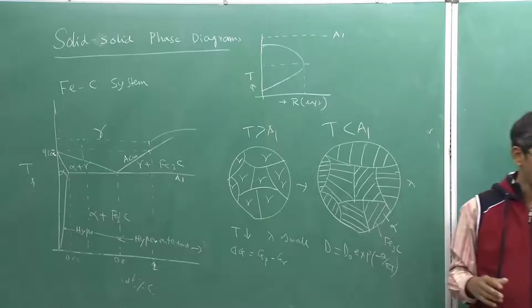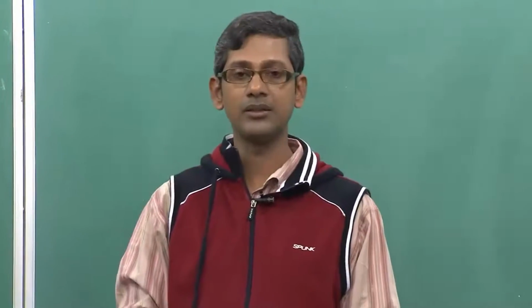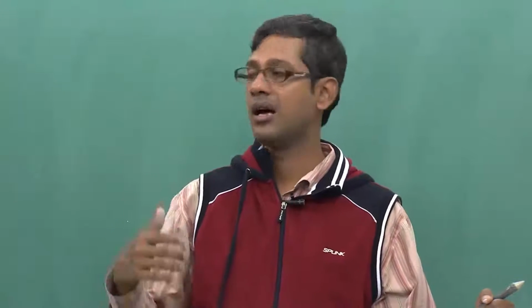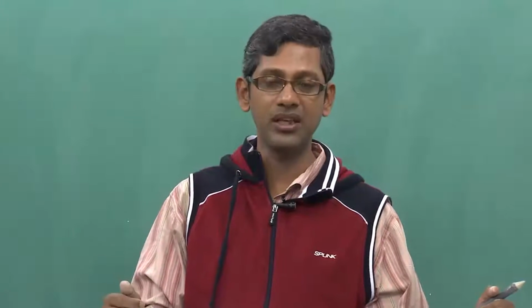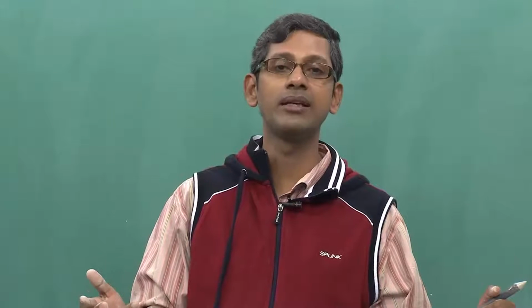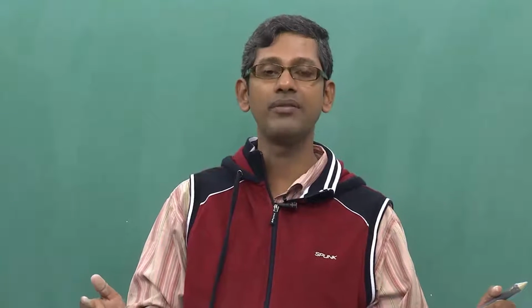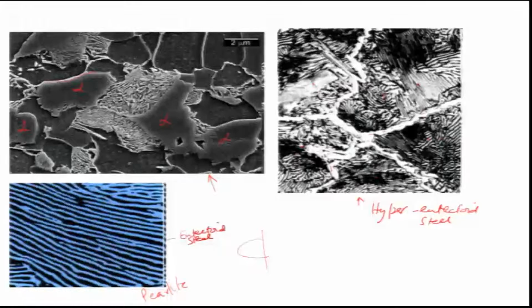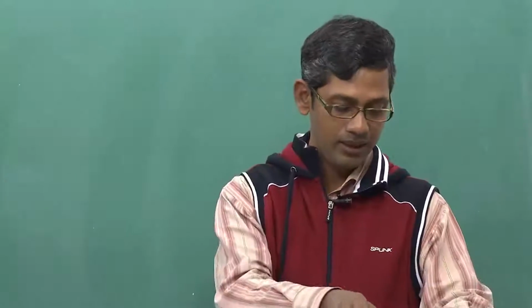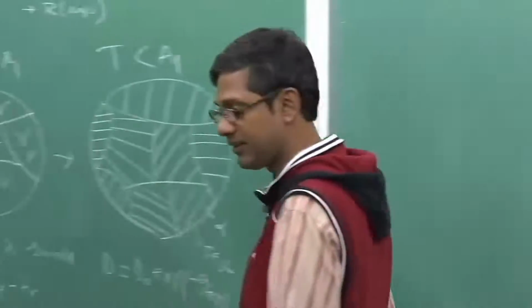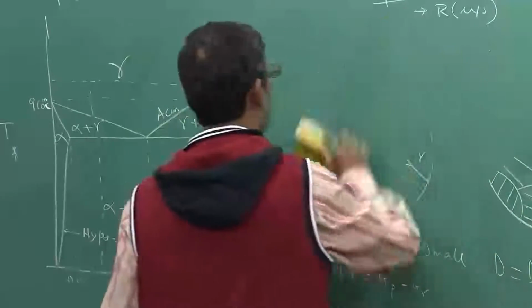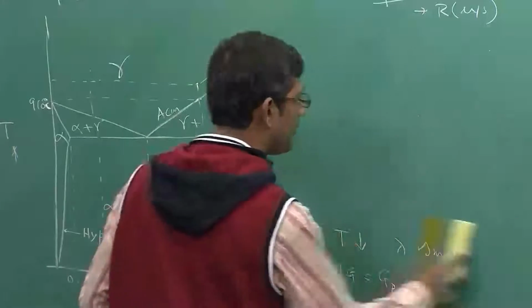I have given you a brief, good idea about how hypoeutectoid and hypereutectoid steel microstructures develop as a function of temperature, and what the pearlitic transformation rate depends on and which factors control it. Just to give you a mathematical formula, lambda actually depends on the following factors. Let me write it down, because this formula is also very important.